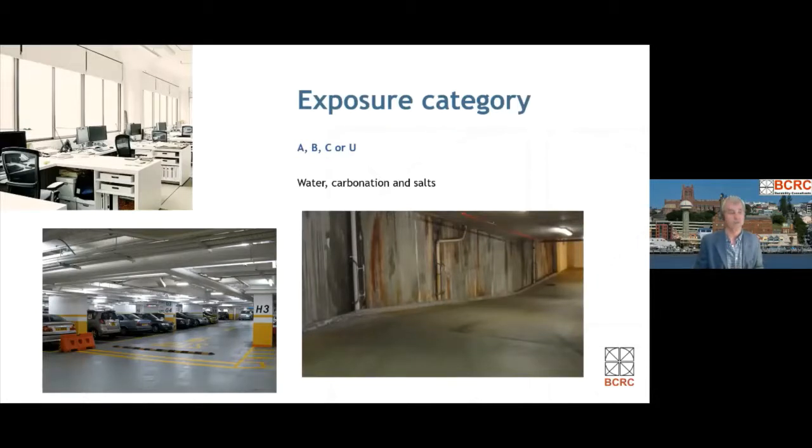We've been in situations where a basement that looks like the one on the bottom right is held out to be a Class A exposure category. So what is it? Is it an A, a B, a C or a U? Clearly in car parks, we have more carbonation than we do in office buildings. A1 is the top left, an office. We do have carbonation, but we don't have water. When we go to car parks, of course, we have more carbonation, and generally it's quite difficult to keep water out of them. It can be done, and I'm going to talk about some challenges that are presented and some ways of doing that. And then, in the bottom right-hand corner, I have a car park with a wet boundary. And so as well as carbonation, we've got water,